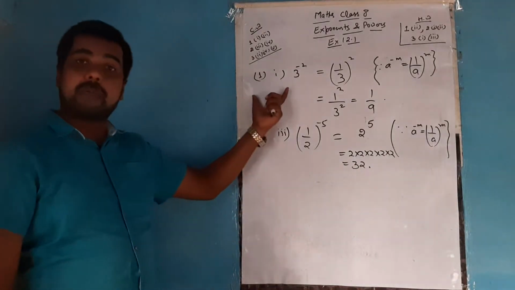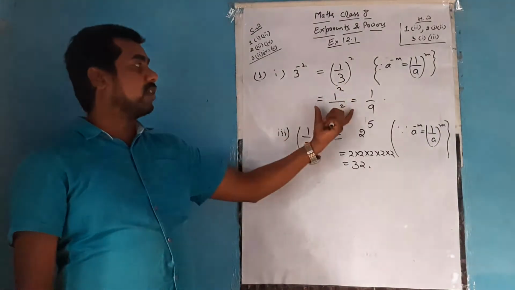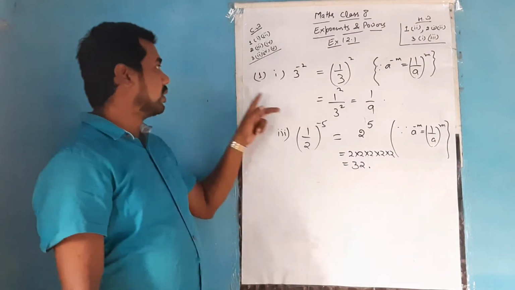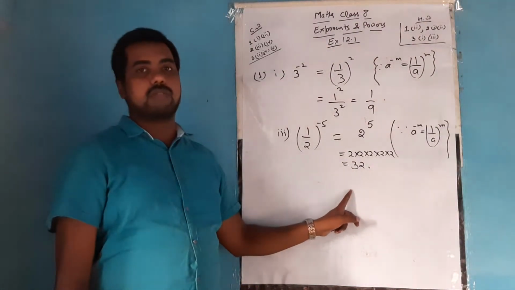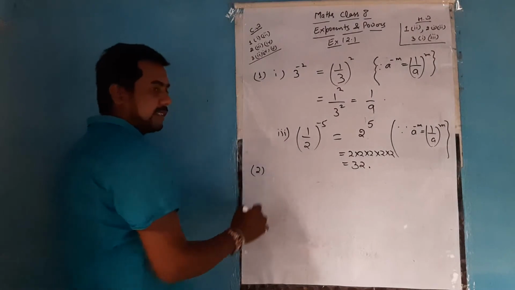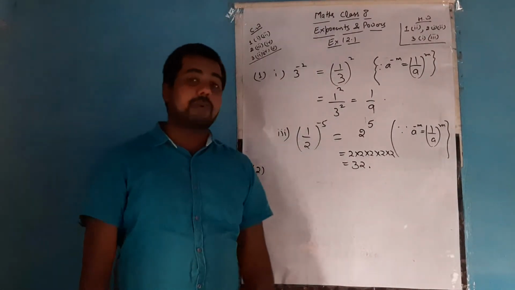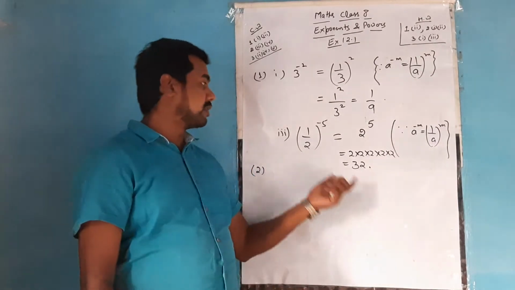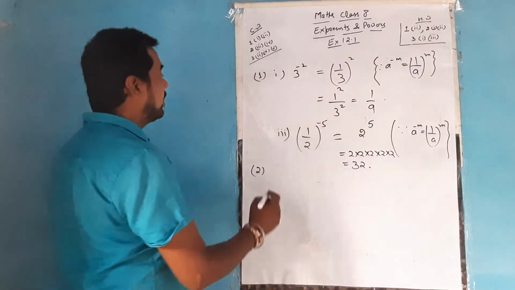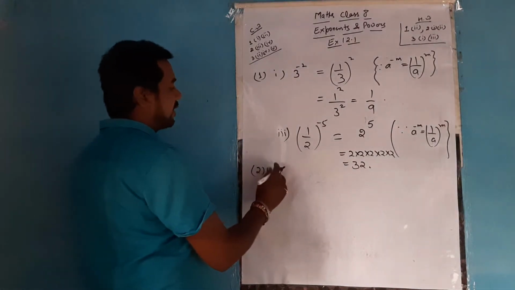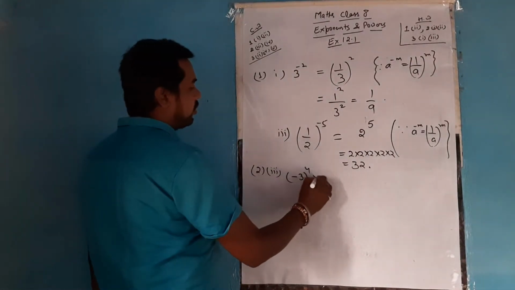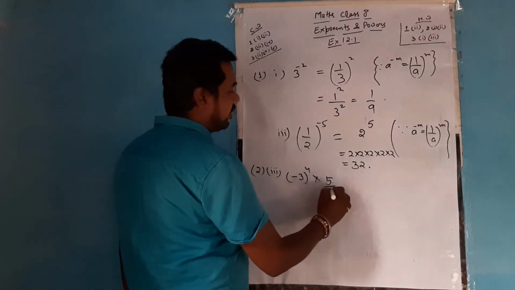When it is asked to simplify or evaluate, whatever answer you are getting in the form of power, you need to simplify and write the final answer. So this is about the first question. I hope this is clear. Moving on with the second. Second says to simplify and express the result in power notation with positive exponent. Here it means the answer should come in positive power, not the negative power. And the questions we need to solve are the third and fourth parts, as I have already told you. So the third part is there, minus 3 to the power 4 into 5 by 3 to the power 4.